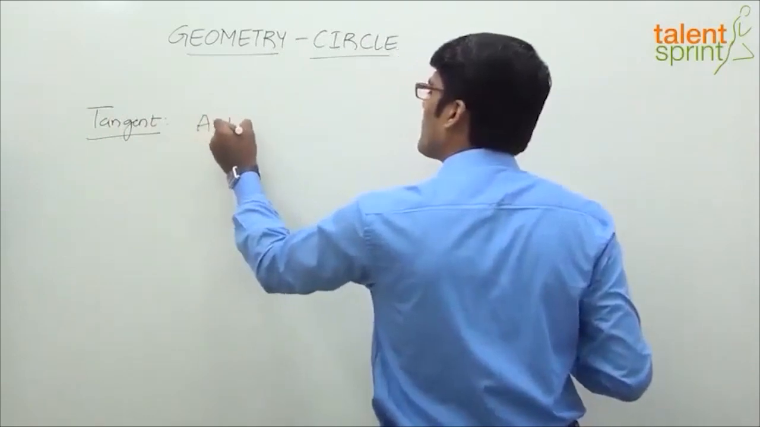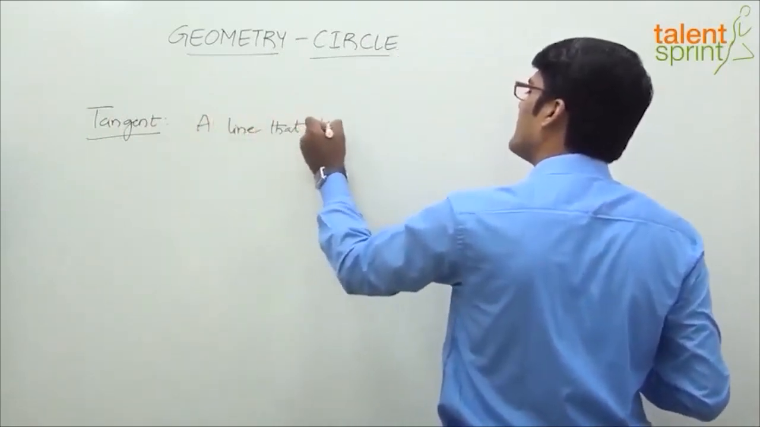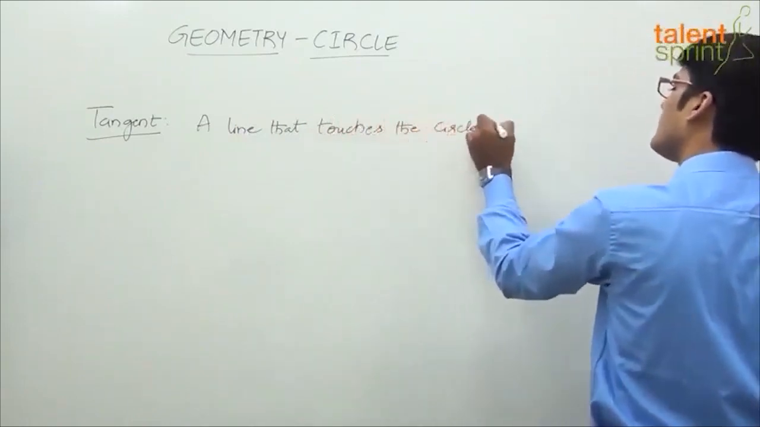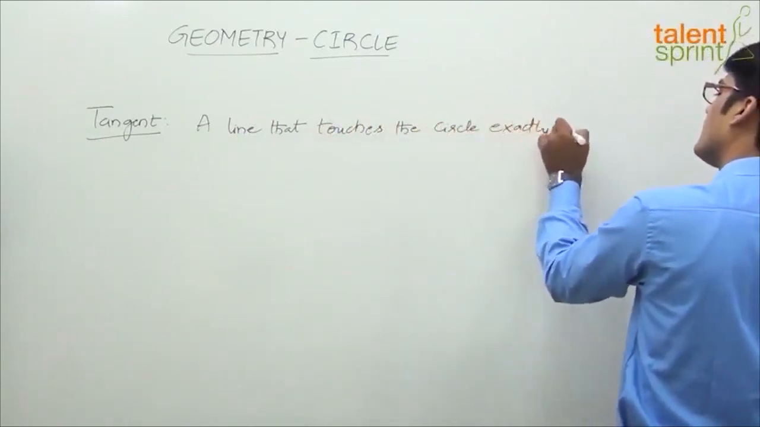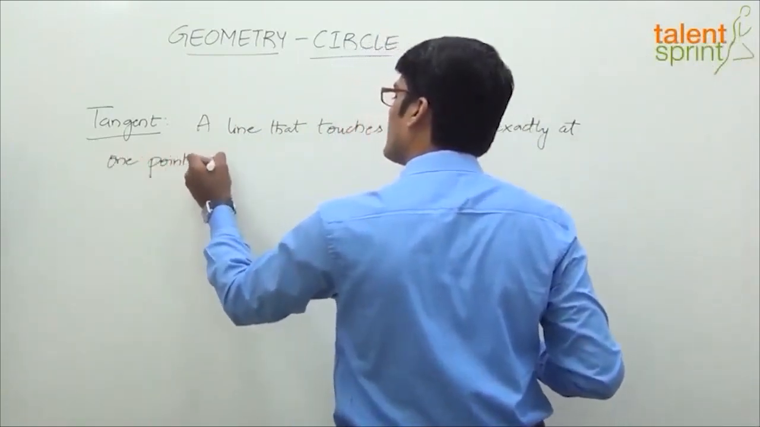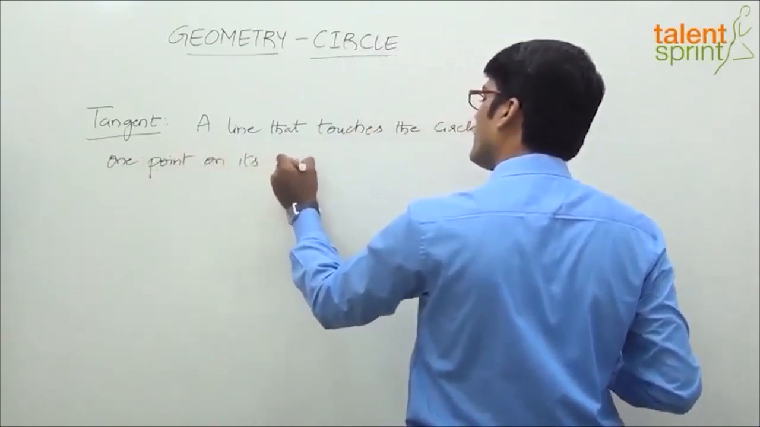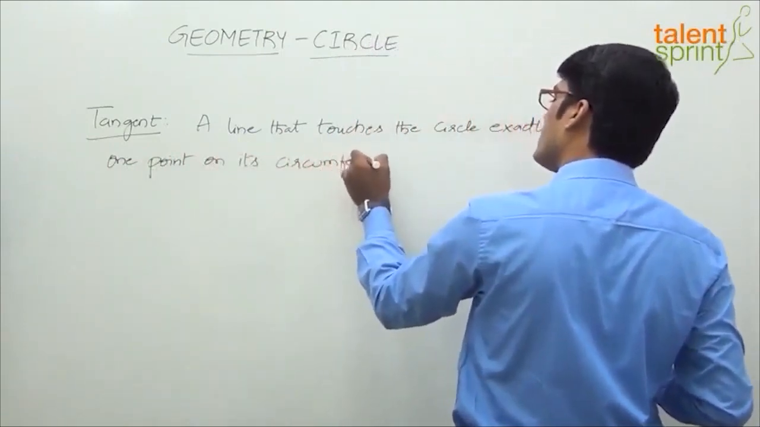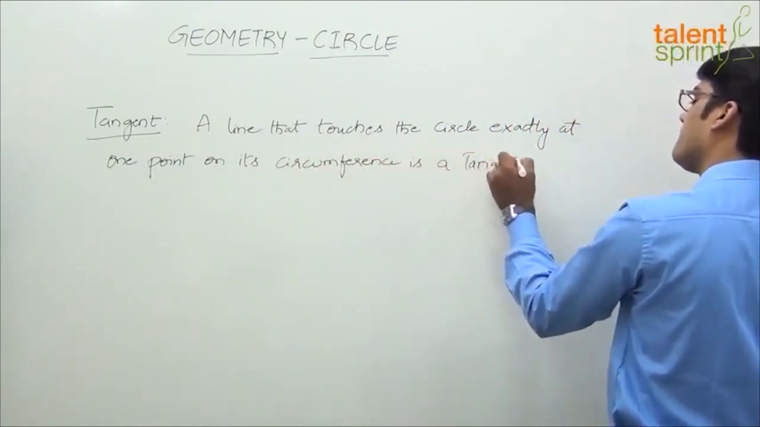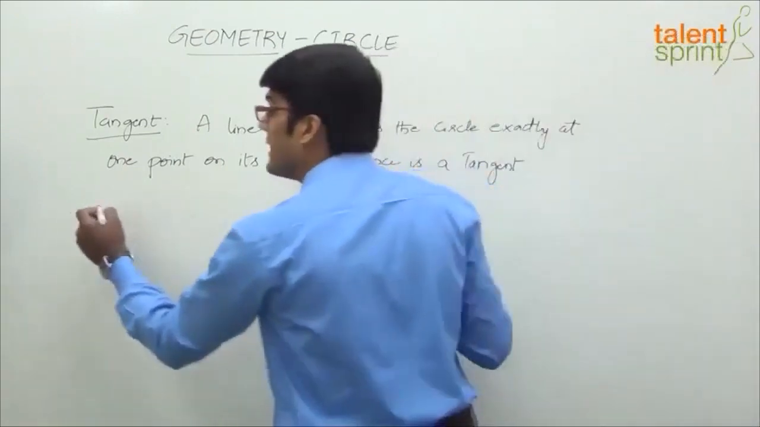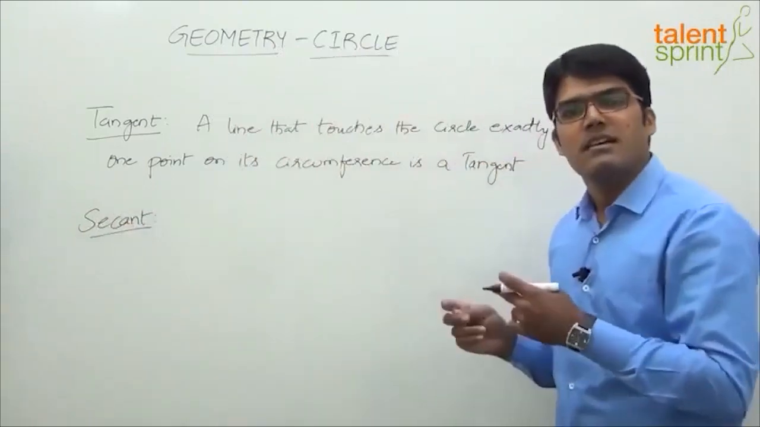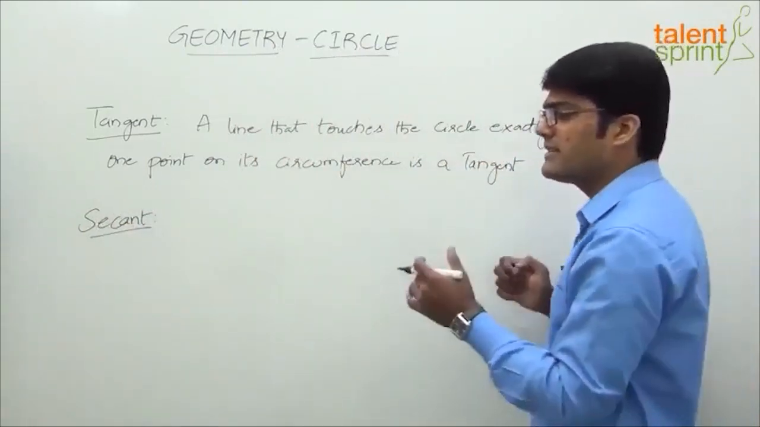A line that touches the circle exactly at one point is a tangent. Then there's something called a secant. Let's also look at what a secant is, because there is some property of tangent correlated with secant as well. What is a secant? A line that cuts